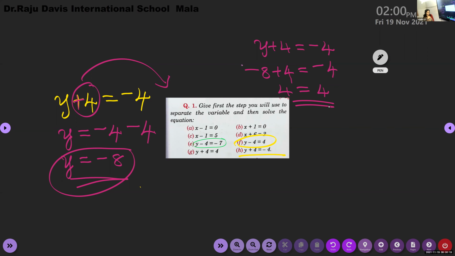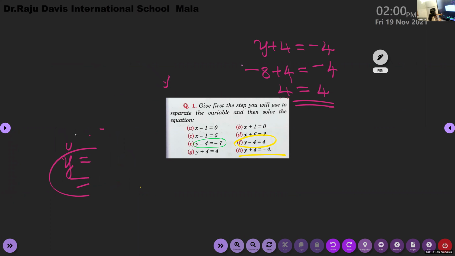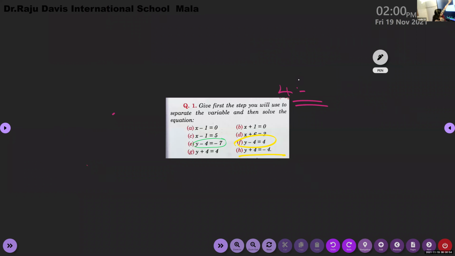This is called the method of transposing. Now this is about addition and subtraction. You understood, no? When you transpose a number from the left side, if it is plus, it will become minus. If it is minus, it will become plus. That means if it is subtracted on the left side, it will be added to the right side. If it is added to the left side, it will become subtracted on the right side. So the next set of problems is based on division and multiplication.